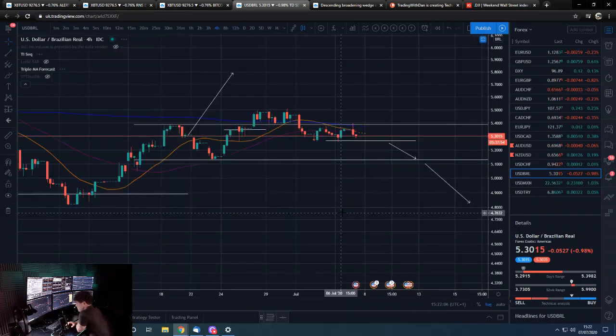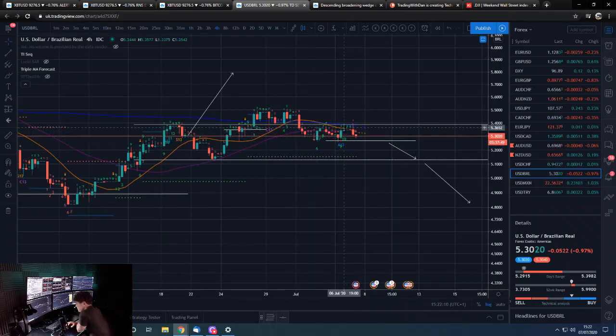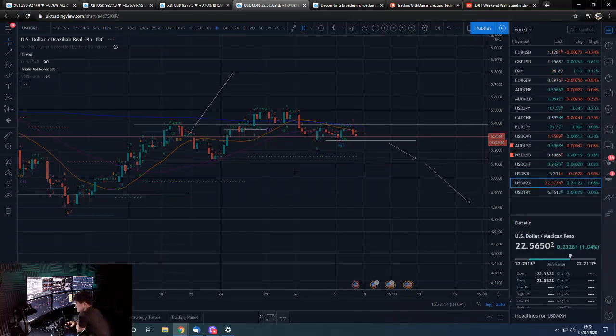4-hour, anything on the 4-hour? No, not really. You can kind of just see this little range we've got. So we're waiting for a break above or below this range. US dollar, Mexican peso,